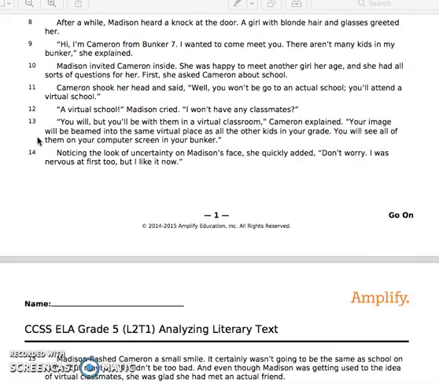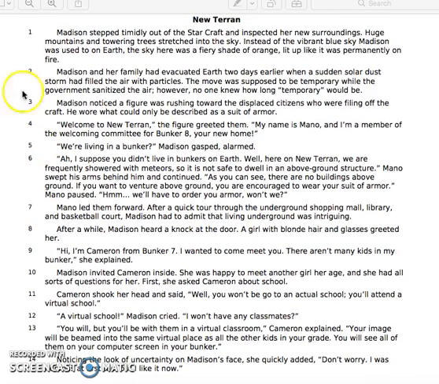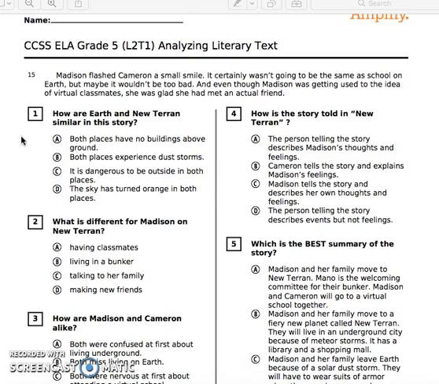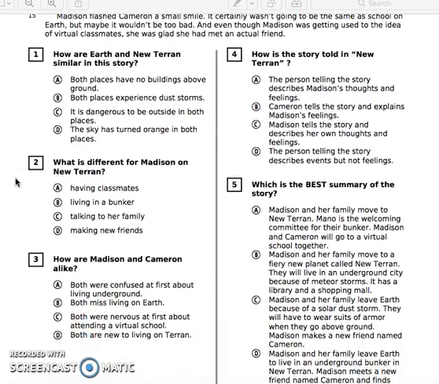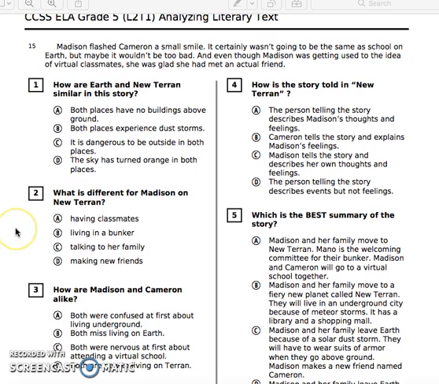So you will need to go back in the text and find the answer for number 1. You'll need to underline the answer and write a number 1 out beside it before you choose any of the answer choices. Press pause to write down your answer and play when you're ready for number 2.